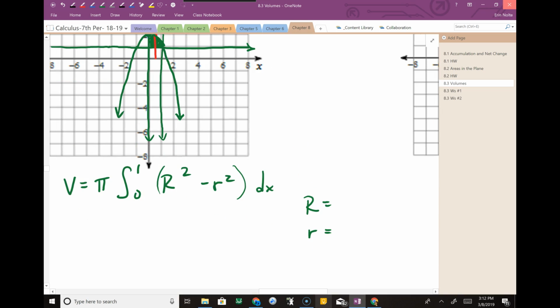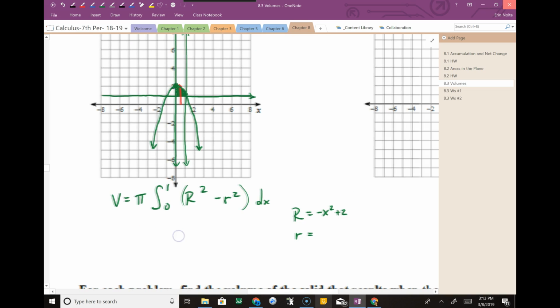Negative x squared plus 2, right? Oh, gosh, that's my big R. I should draw it in red. I feel like it makes me fun. Is everybody okay with that? X-axis. Okay, my little r